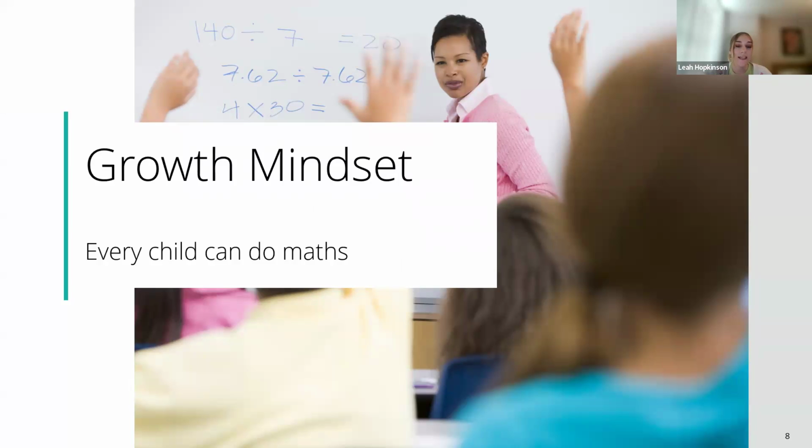So one of the key principles of the mastery approach is all about encouraging the development of a growth mindset, rather than a fixed mindset. So that's a perceived idea of what students either can or cannot do. So the mastery approach rejects that idea that some students just can't do maths. That was definitely how I felt at school. I just thought I didn't have a maths brain, I couldn't do it. And the mastery approach suggests that all pupils can achieve with hard work and effort.